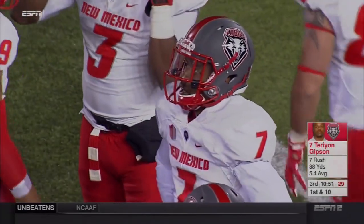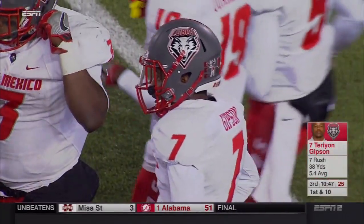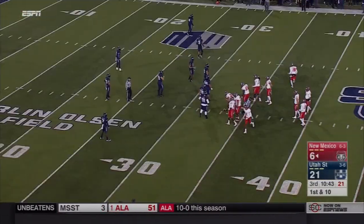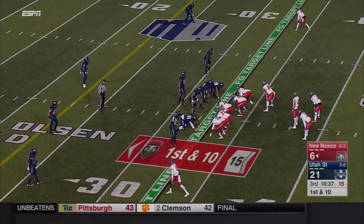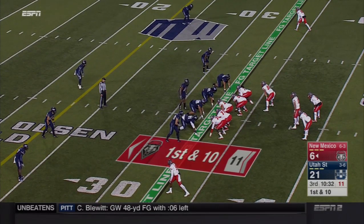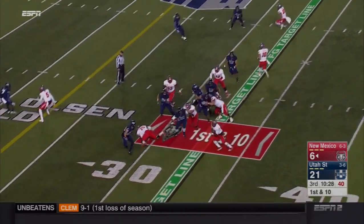And he's also a guy that they'll get the ball to in different ways. Now, that was an aberration, too. That was a simple outside lead play. It had nothing to do with any kind of option. And they're going away from that because they haven't had a lot of success with it. 5.4 yards per carry tonight for Gibson. Came in averaging 9.6 per carry, number 1 in the nation. This time,